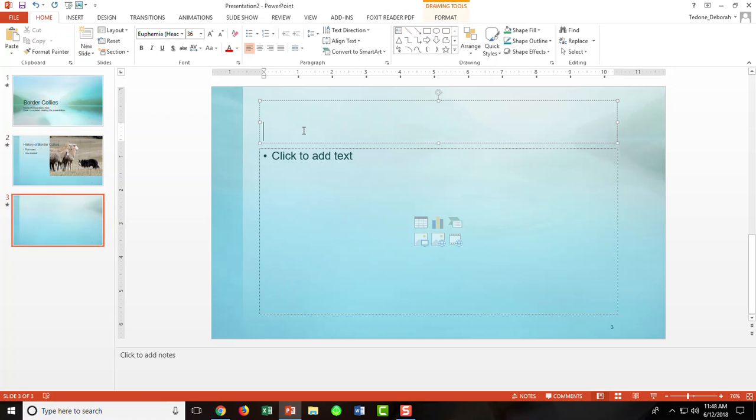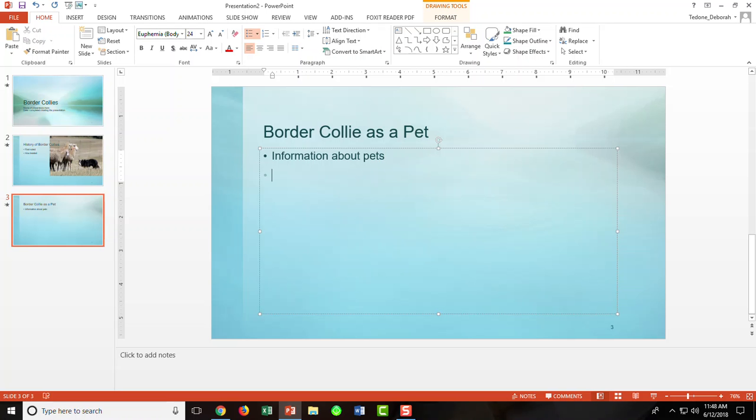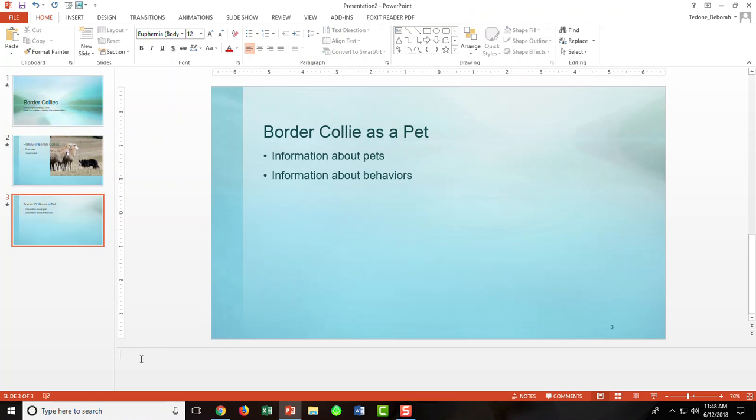And let's say here I'm going to put down Border Collie as a pet. Okay, and here I'll put information about pets and how they act as pets. And I'm going to give more information about behaviors, whatever. So, and then down in my notes section, I'm going to put the name of my presenter, and then what that presenter